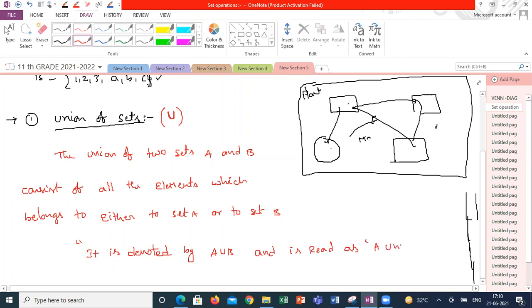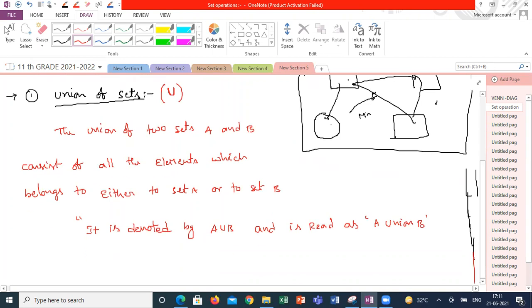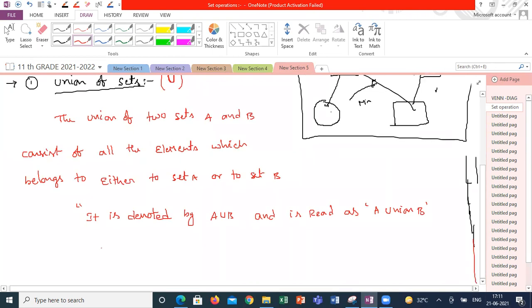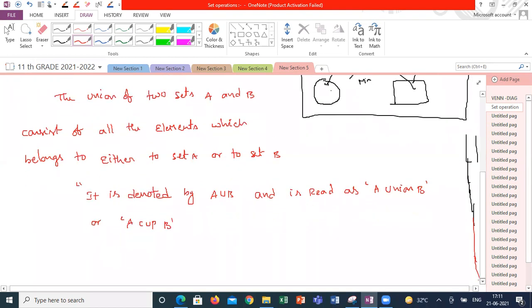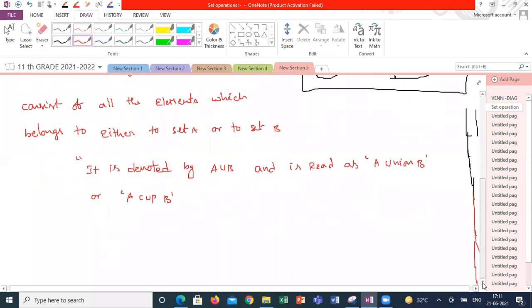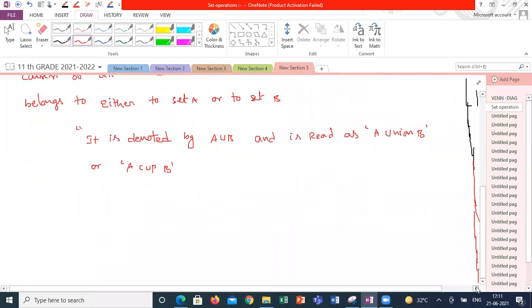You are uniting the elements of A and B. In English, you are uniting the elements of A and B. You are mixing, taking the elements of A and B, irrespective of whether they are available in both sets or not, and keeping them in one set. That set is called A union B. In some foreign books, you can see A cup B, which also means A union B. Is it clear with the definition? Union means you are mixing both the sets and keeping them as a single set. If any element is repeated in both sets, we consider it as a single element in the union set.